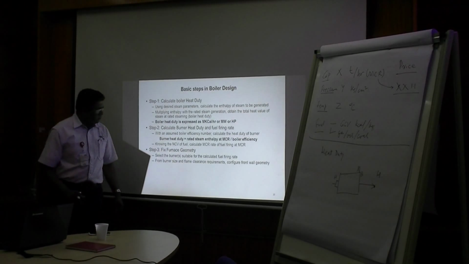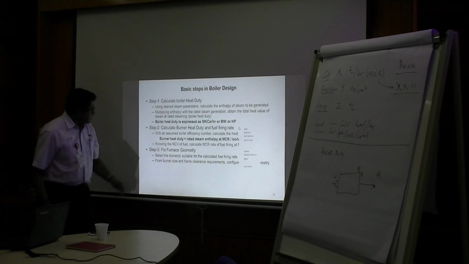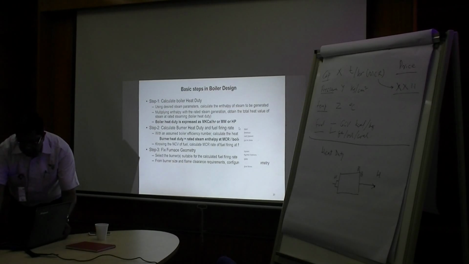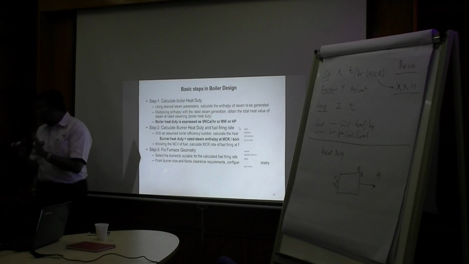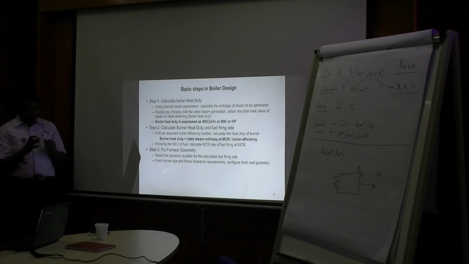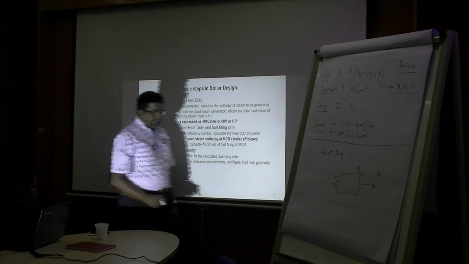The third step is to fix the furnace geometry. Now this is a tricky issue. You only know that this burner will be firing, let's say, 2500 kilograms of fuel gas per hour. From there, how to decide the furnace geometry? The step there is